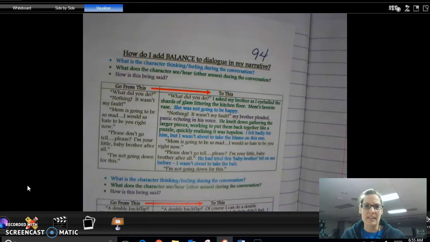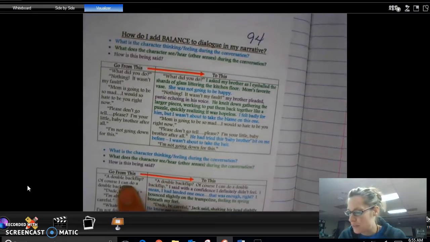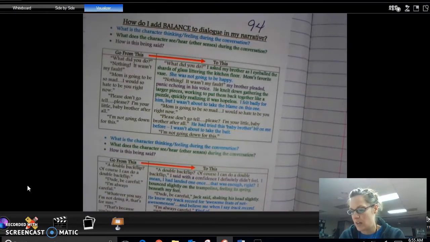Okay, and then the third way is, how is it being said? So is it said, is it yelled, is it cried, is it whispered, is it angrily, how is it being spoken? So then what I've done here for you is I've provided two different texts